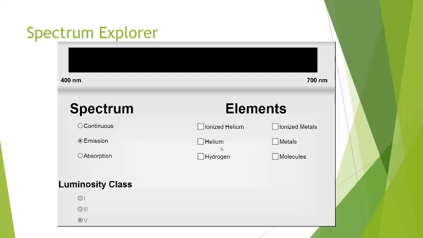So let's choose hydrogen. That's what hydrogen's emission spectrum would look like compared to, let me click it off and let's put helium on there. Notice they're different, right? They've got a different fingerprint. I could choose, let's see, molecules, or ionized helium. So that's one way that you learn about the composition of stuff in space, whether it's a cloud of gas and dust or a star. Now, if you're looking actually at a star, you're more likely to see an absorption spectrum than an emission spectrum. So let me pop on an absorption spectrum.